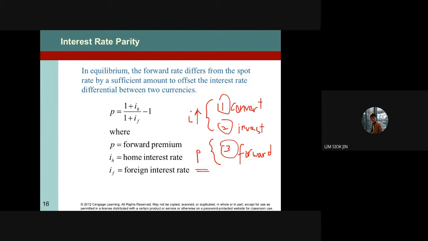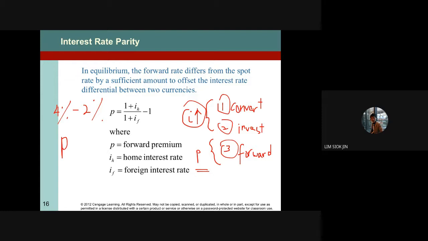Okay, the premium will ensure that whatever gains that you make, let's say the difference is between 4% in one country and 2% in one country. So if everyone does this, there will be a 2% profit arbitrage to anyone who does this. But this profit must be funded by someone who is making losses. Profit doesn't just come like that. There will be someone who is making losses. So the country that is making losses is actually very unfortunate. So in order to prevent this from happening, the country will impose a